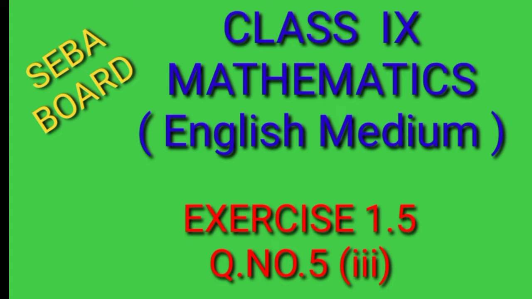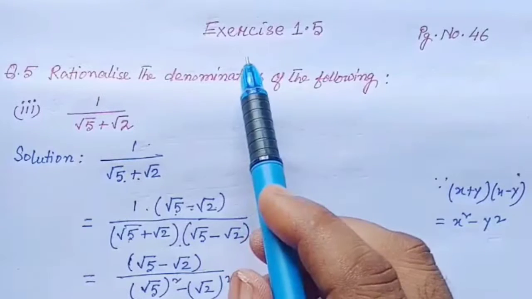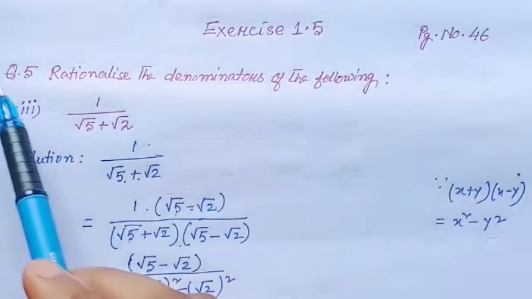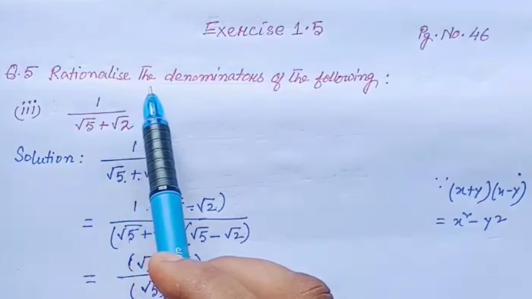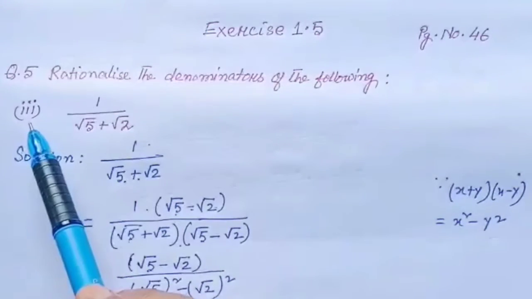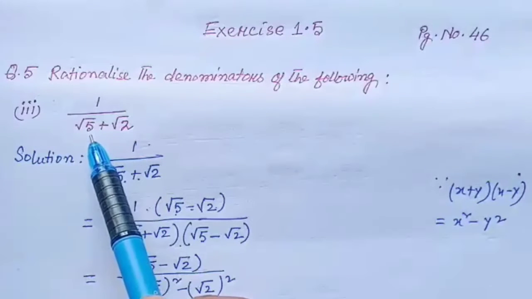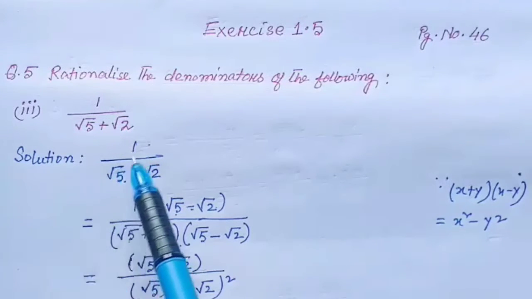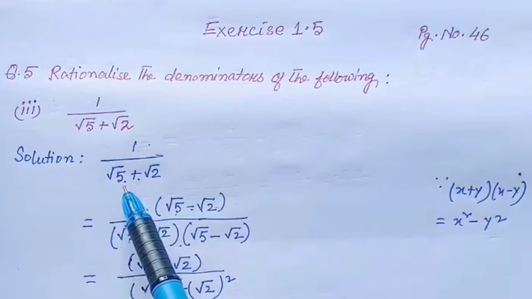Class 9 Mathematics English Medium Exercise 1.5 Question number 5 Roman number 3. Exercise 1.5 page number 46. Question number 5 Rationalize the denominators of the following. Roman number 3 1 divided by root 5 plus root 2. Solution 1 divided by root 5 plus root 2